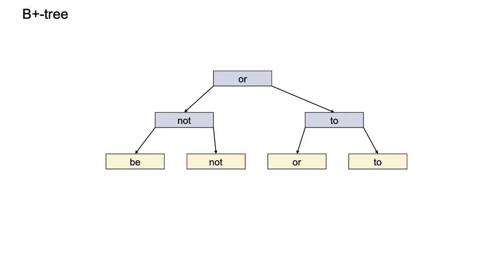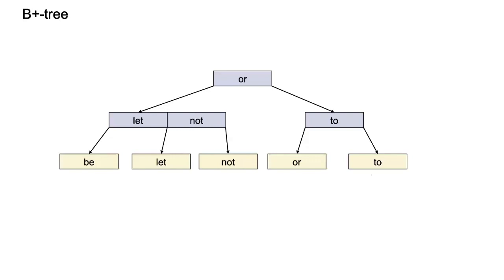But I said earlier that we have, in fact, B+ trees. This is what we have in the end. So how does it differ from these binary search trees? What is the difference between this and a B+ tree? Well, what we are going to change here is that we are going to allow for more children than just 2. For example, I could here have 3 children, right? Be, let, and not. And then instead of a single label, I need a label for every interval, right? So I need a label between the first and second child and another label between the second and third